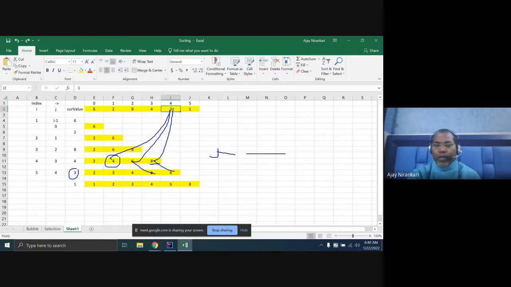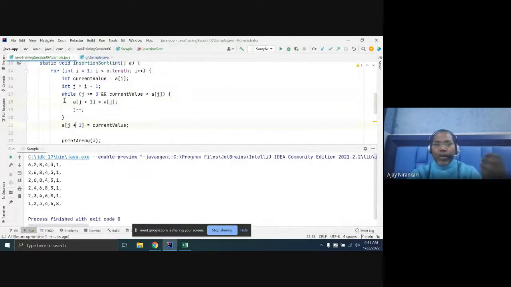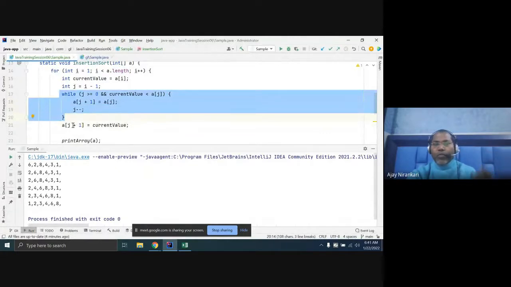Shift the number, j minus minus. Shift the number, j minus minus. Whenever you do j minus minus, your loop comes back here, right? After comparing this 3 with the 4, your j minus minus means you have to put the value in j plus 1, in this place. So after the loop comes out, you have to put the current value.